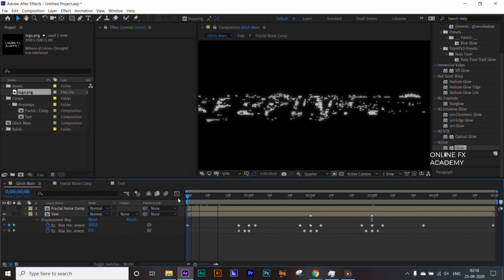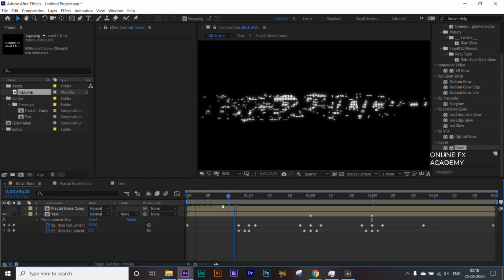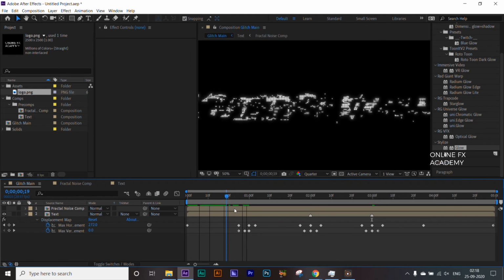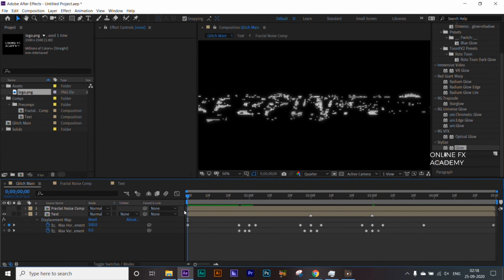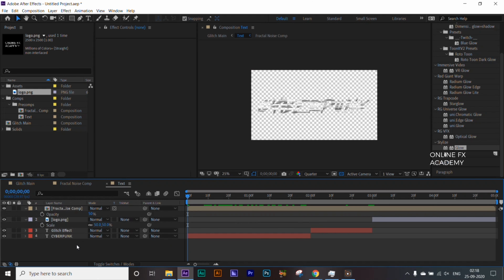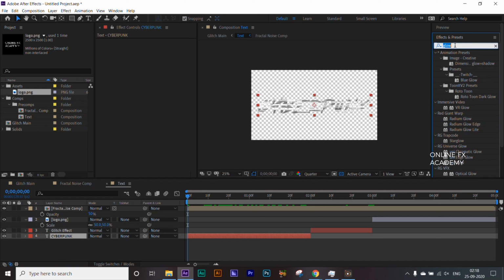Now here, as you see, at the start of our composition the text is glitched out, but what I would like to see is the text appearing from nowhere. So at the start of our composition the screen would be transparent. Now a simple way to do that would be, let's go to our text layer, select Cyberpunk, and then let's add